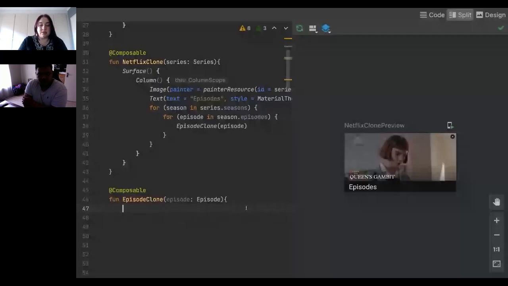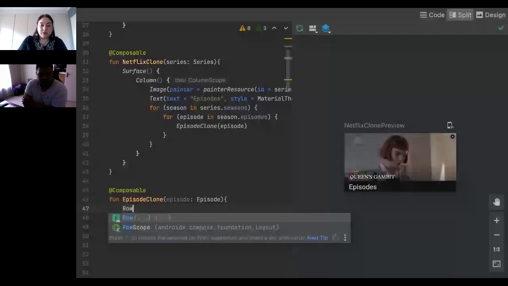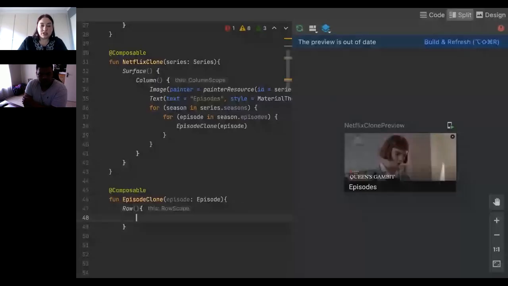Great. Right. So first, we're going to create 2 rows. The first row is for the image and the text with the title and the button, and the second one will be with the text that has the description in. So I'm going to show you first the most simple case, which is just the text with the description in. So it's going to be episode